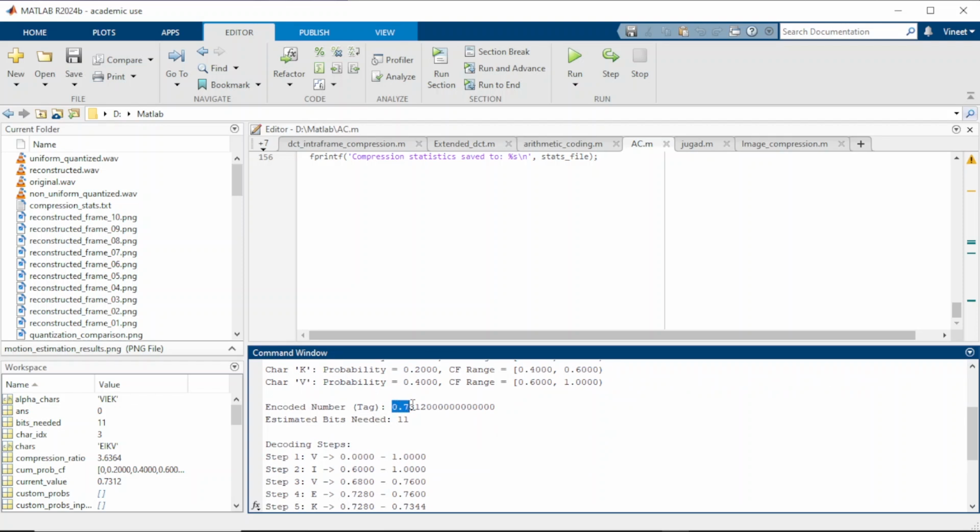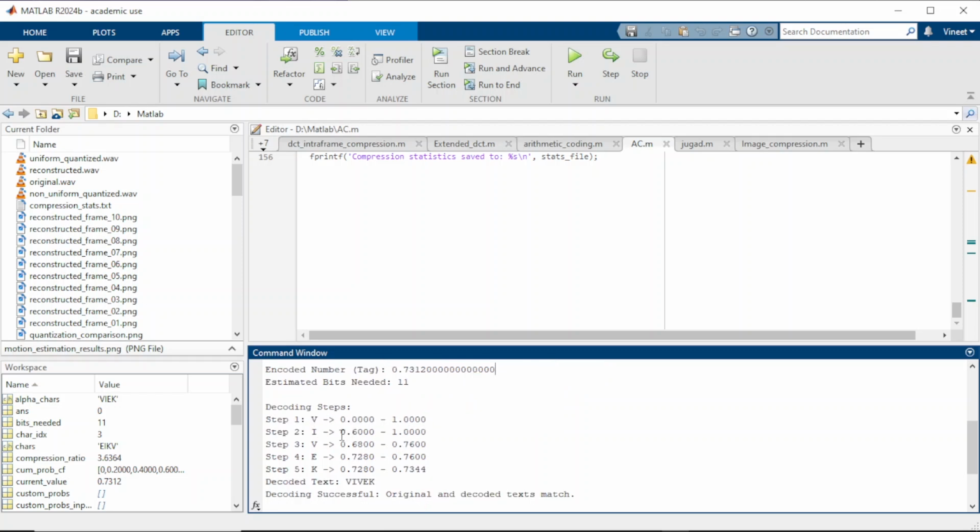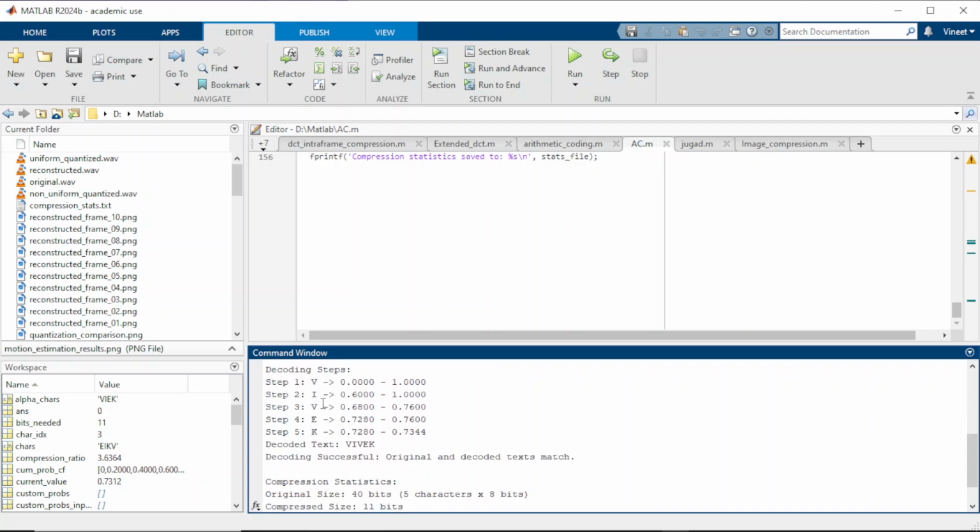So we'll get 0.7321. Estimated bits needed, that is 11. So decoding step. First V is encoded, so that will be in the range of 0 to 1, and then I 0.6 to 0.7, and third one, that is V again, it will go to 0.68 to 0.71, and finally K,